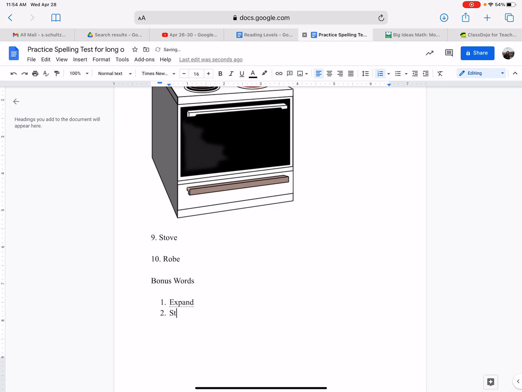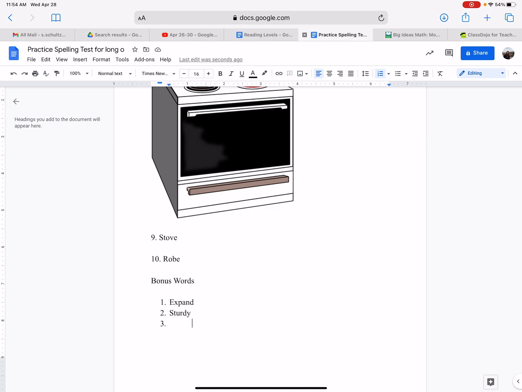Now this one could be tricky. You don't really hear this vowel, but it's going to be a U, and then you hear the R. And then what makes the duh sound as in dog? It's going to be D. And then Y. Sturdy. Your last bonus word is going to be